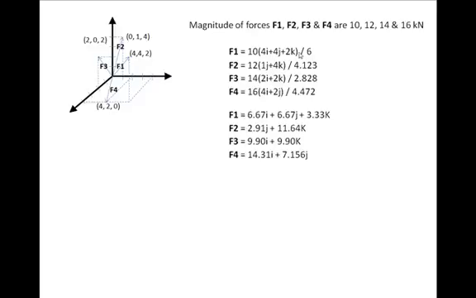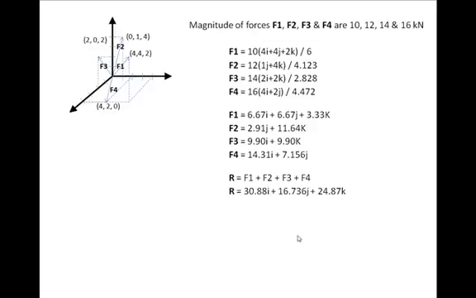Now we have done calculations and rewritten F1, F2, F3, F4 here, and the resultant is simply vector addition of all this, and if you just take up i components, j components, k components, add up, you get this vector. So this R, which is 30.88i plus 16.736j plus 24.87k, is a resultant of all these forces together,